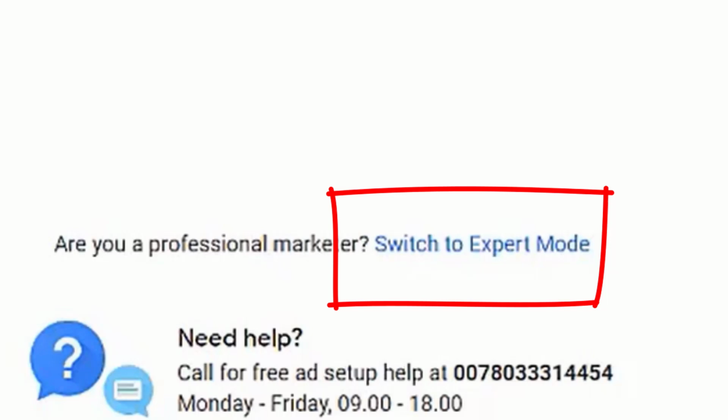On the other hand, if you don't choose expert mode, you will be limited to a more simplified version of Google Ads with fewer customization options. You may still be able to achieve your goal with a standard campaign, but you may have limited control over the details of your campaign and limited access to performance metrics. Ultimately, whether you choose expert mode or not will depend on your level of experience with Google Ads and your goal for your campaign.